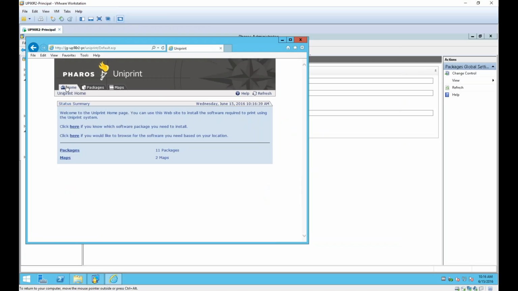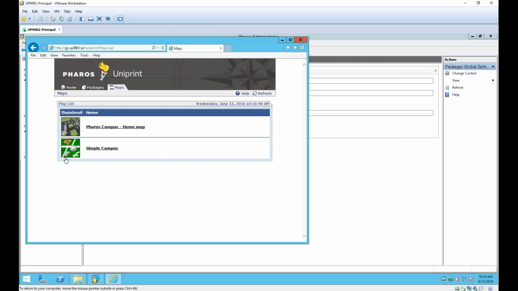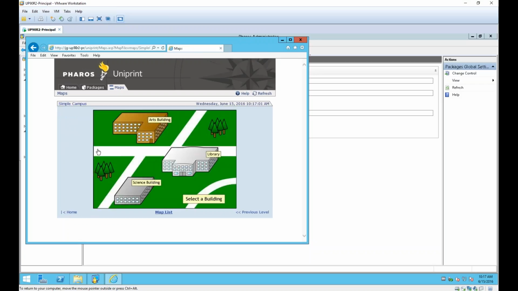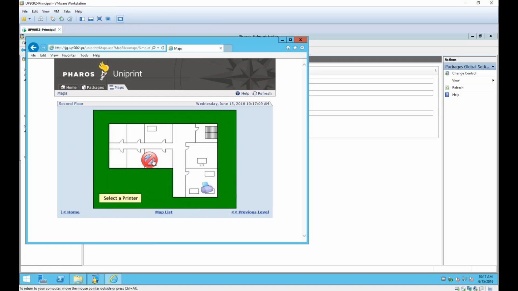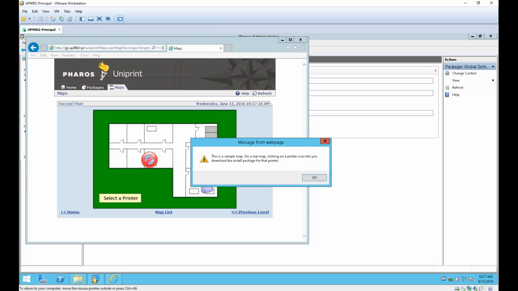Just one more thing I'll point out while I'm here about the Uniprint website. We have our packages and we have maps. You'll notice it's a very little used feature. It's called maps. What it allows you to do is build a map, a website through the Uniprint product, where you can say click on Simple Campus. I'm in the arts building, so I'll click on the arts building. I'm currently printing on the second floor lab, so I'll click the second floor. And I'm actually over in this lab, so I'm going to click on this printer. And the user would then be